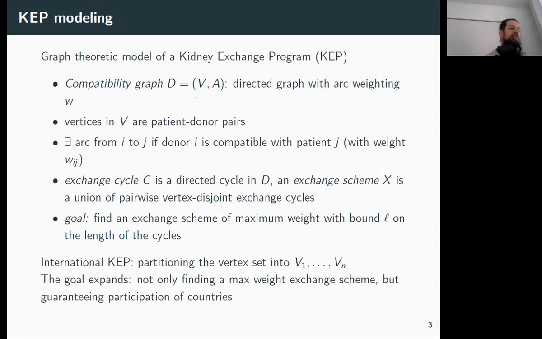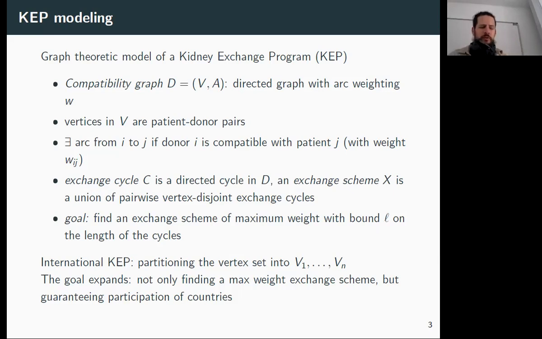For our purposes, the way we model a kidney exchange program is that we have a compatibility graph. This is a directed graph with arc weights w, where the vertices are the patient-donor pairs. There's an arc from one patient-donor pair to another if one patient's donor is compatible with the other patient. An exchange cycle is a directed cycle in this compatibility graph, and an exchange scheme is a union of pairwise vertex-disjoint cycles. Our goal is to find an exchange scheme with the total weight of exchange cycles being maximum, with a bound on the length of these cycles